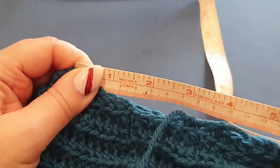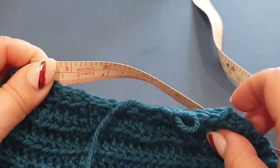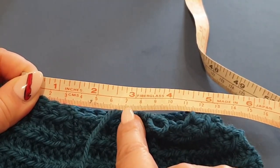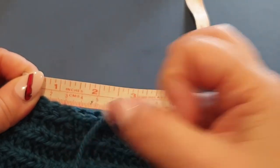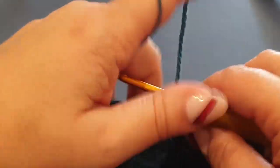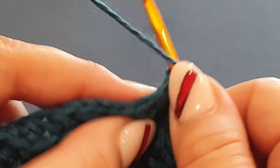Now mine measured up to be about 13 centimetres, we'll say 12 centimetres, and that's the little gap you've got in there. I think 12 is too wide for my ponytail, but if we do another row of decrease, it comes up to about 7, and then we do our single crochet, and your ponytail gap is too small. So I think no matter where you've ended up at the end of this row, on your last two stitches, just do another decrease. So I'm going to do another decrease in there, 1,